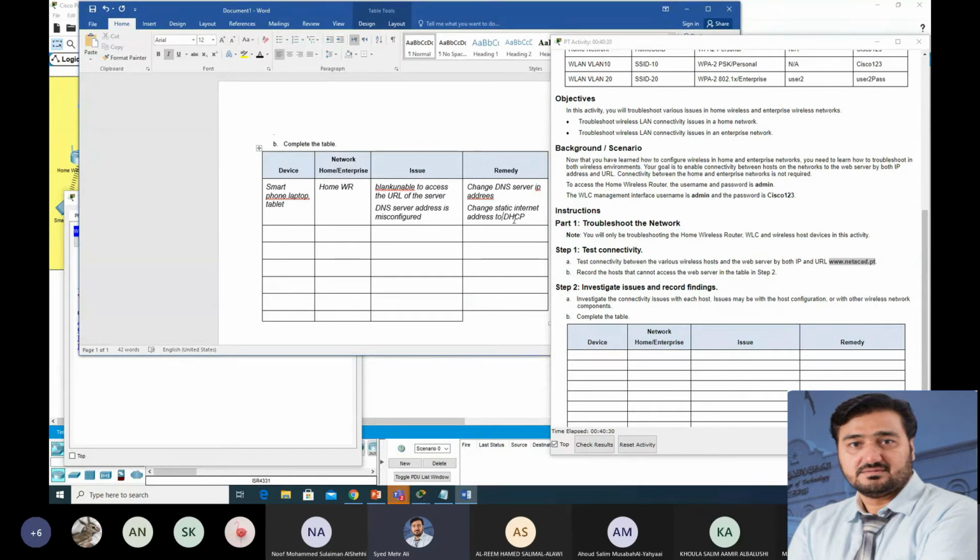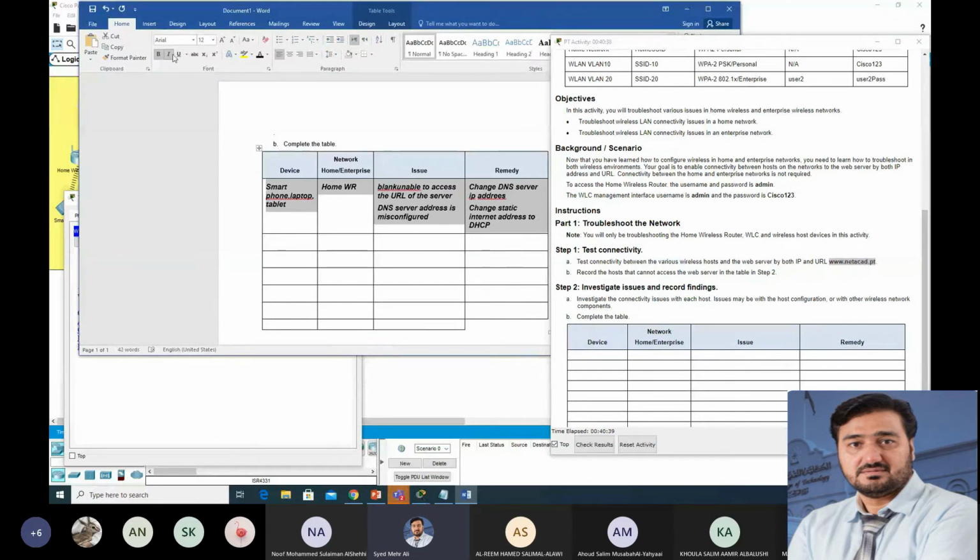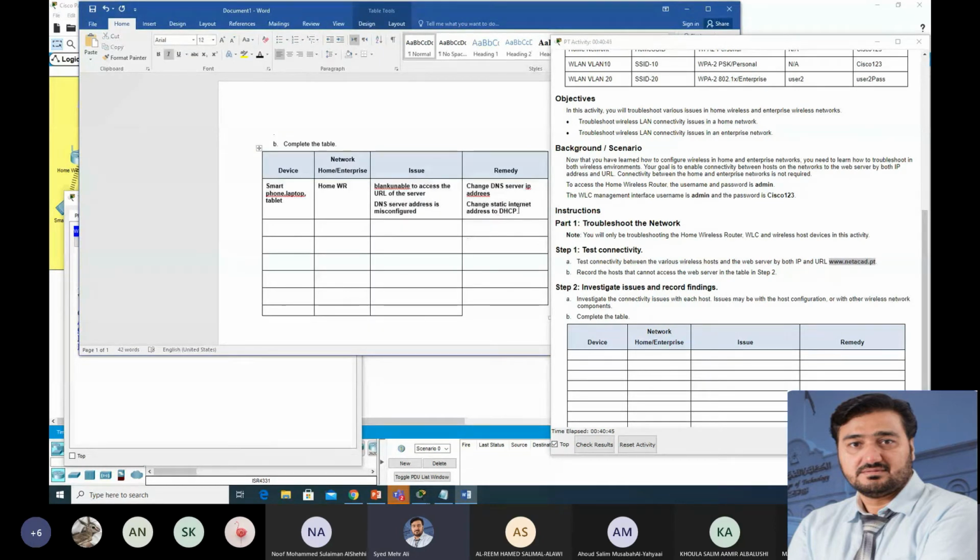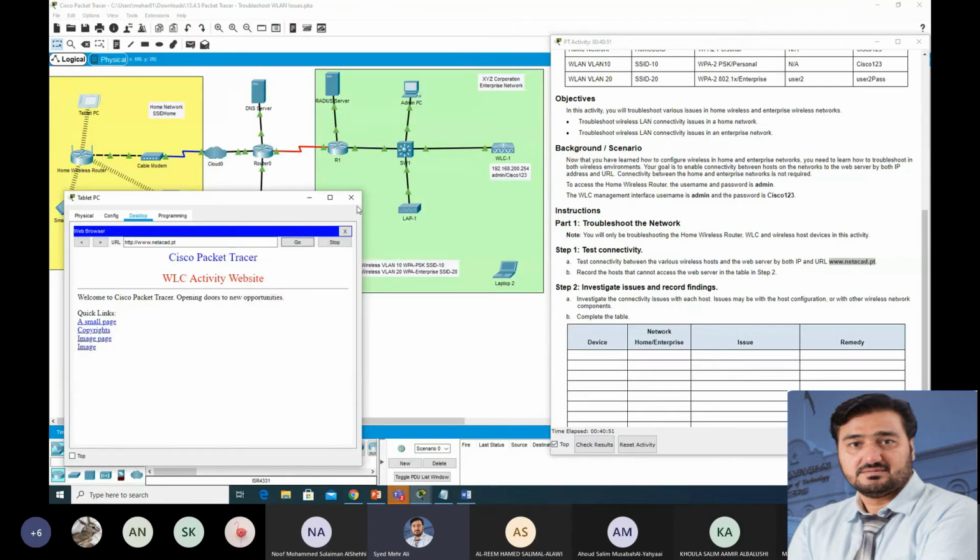This was the remedy you did. So later on, at least you can refer back to this documentation, okay, if required. Okay, this one is done, and we troubleshot this one.